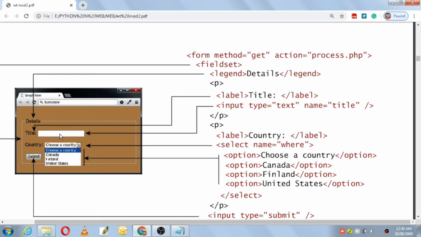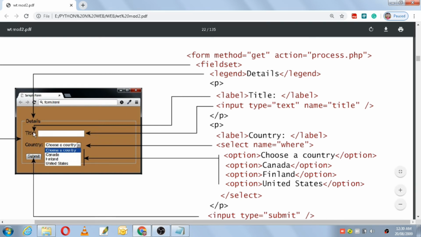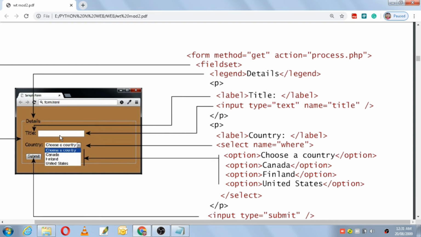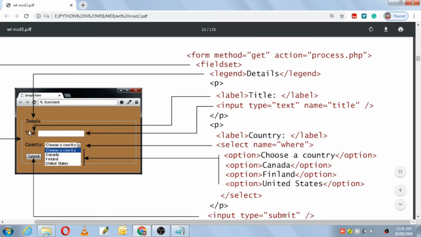That is a form input element where I have to enter the text, and for this form input element I require a label, and that label is known as title here. This label element gives me a label for this form input element. In this form input element I can enter text, or a phone number or email address or URL. Anything I can enter here, but prior to entering anything, I need a title for this input element.